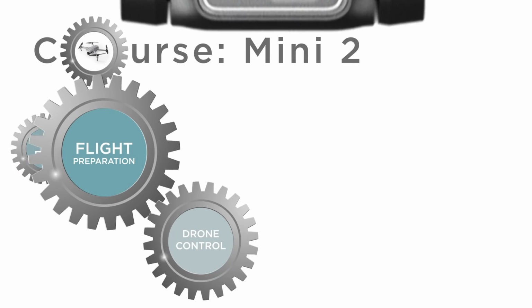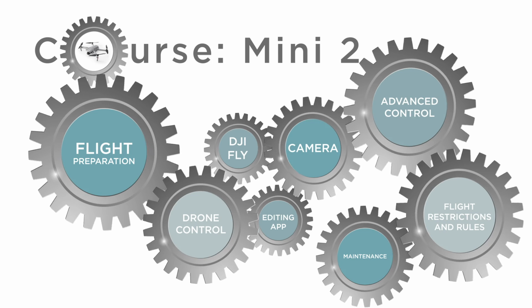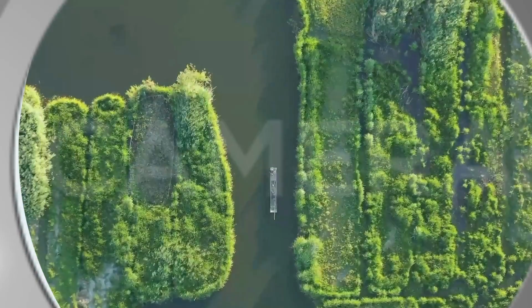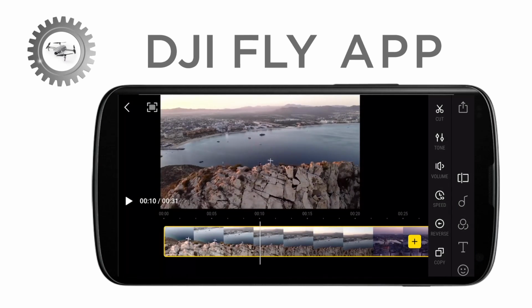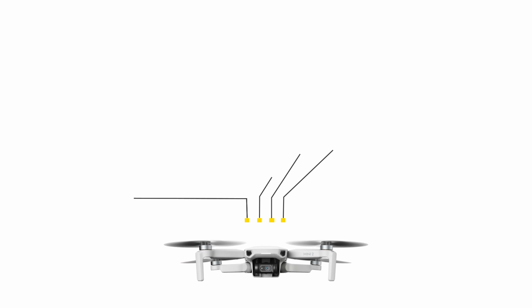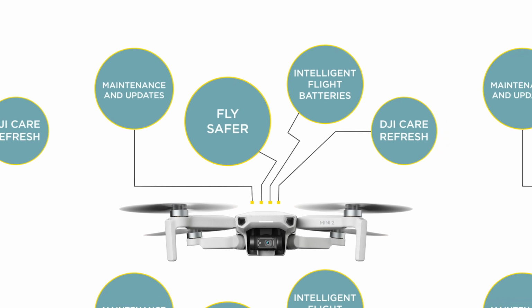Here you will find 8 chapters to get to know your drone in depth, how to fly it, how to manage your camera, all the settings, and how to quickly edit your videos in the DJI Fly app to be able to share them with your audience right away. You will learn to fly safely and keep your drone always at its best and updated with